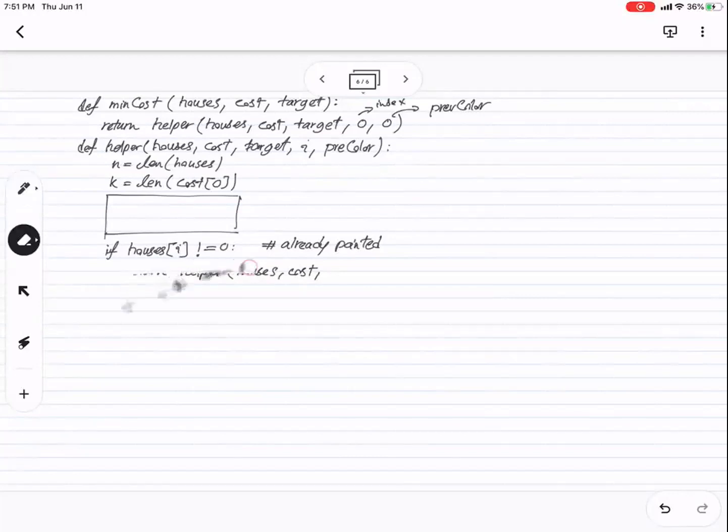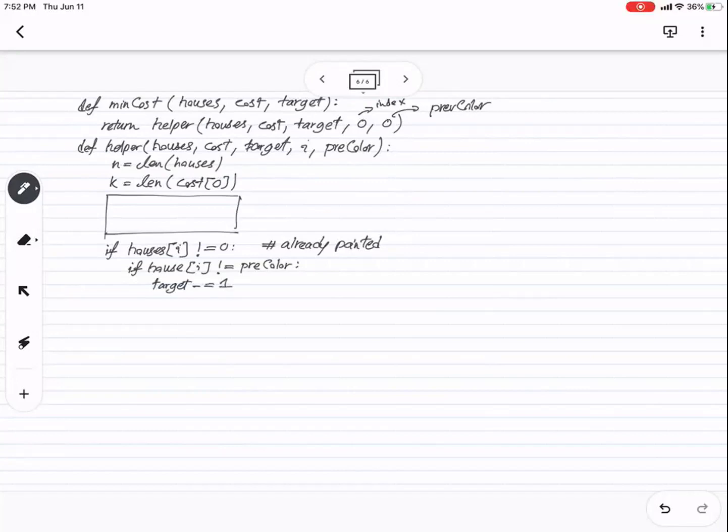we have to check if the current color is equal to, well, let me do this before this guy, because we need the updated targets, right? I would say if houses I, which is the color of the current house, is not equal to the previous color, it means that we have a new neighborhood, right? We see a new neighborhood. If we have this, we have to decrease target by 1 because we have a new neighborhood, and then we have to return